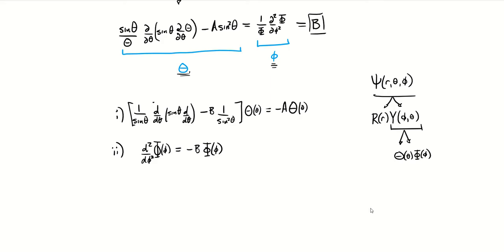So hopefully we can follow this. The textbook has a nice little flow chart that goes into a lot more detail of the reasoning and the steps to solving this. But the gist is, we're going to look at this differential equation and solve it. That's going to tell us our azimuthal function and a lot about our B here. Then we're going to use that to look at this differential equation. That's going to give us a lot of information and tell us about our A there. And then we'll go all the way back to the differential equation we have for the radial component. And that one, if you recall, actually involved the energy as well. So putting those all together, we'll be able to get to the root of this problem.